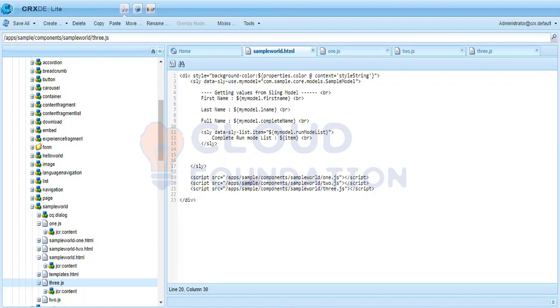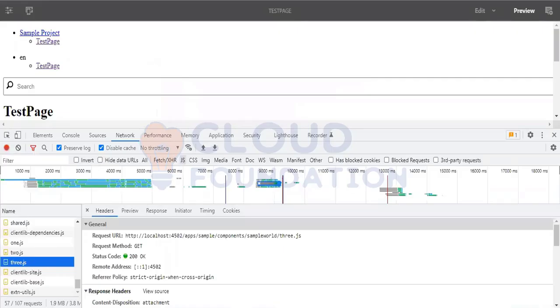JS and CSS, the major problem with the legacy system is that many JS or CSS files badly affect the performance of the system. Also, if there are 10 JS or 10 CSS files to be included, there will be 10 lines of code, and you have to include each of those JS and CSS individually. So to overcome this problem and bring performance to your system,